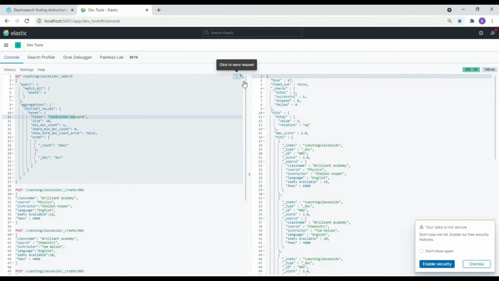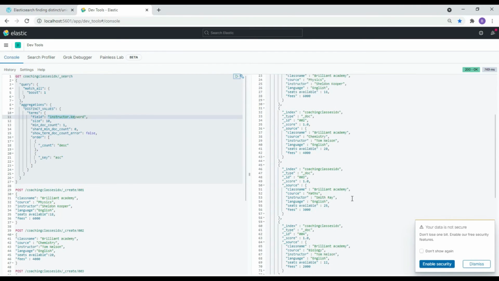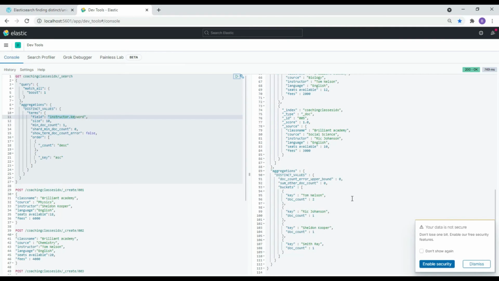Yeah, so what we got: we got this aggregation, and inside this aggregation we got all the buckets that I have mentioned, which will be unique or distinct records. Okay, so you can see this doc count as 2 means it is a repeated record, so it is giving this count as 2, and these are unique records. For this count of 2 it is returning only 1 record. So this way, from Elastic we are able to return these distinct records.